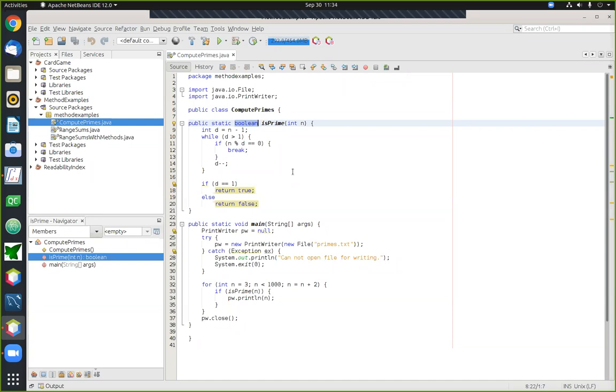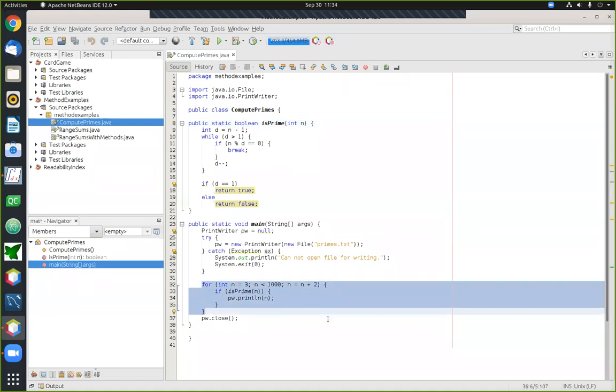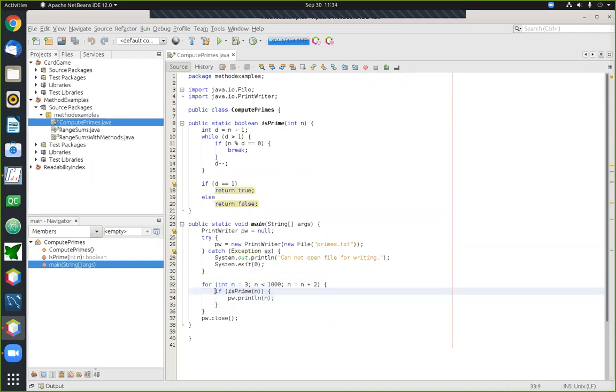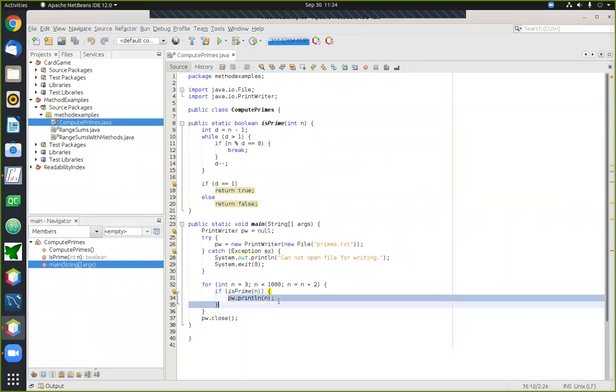Because we've written a method that is useful for answering a question, it can be used in the context of an if statement. And you'll see that down here in the main part of the program, where we have the loop that's going through a series of numbers looking for prime numbers. For each number that we come to, we simply hand the work off to the method, and we use that method in the context of an if statement. So literally we say, if this number n that we're currently working with is prime, then I'd like to go ahead and print it. In this case, we're using a PrintWriter, and we're printing all of our primes out to a file so we can collect all of them in a file when we're done.